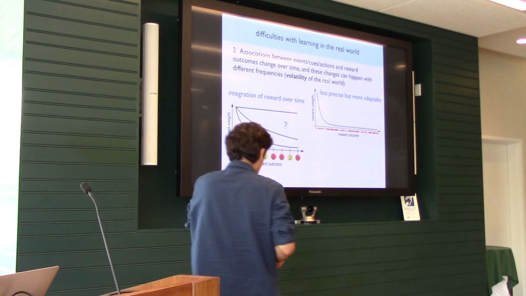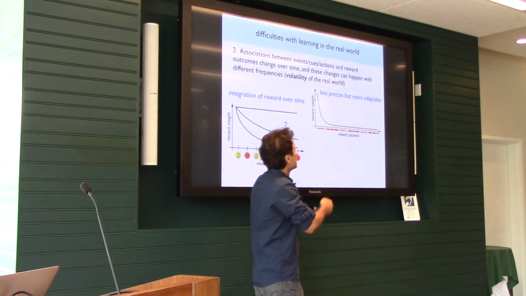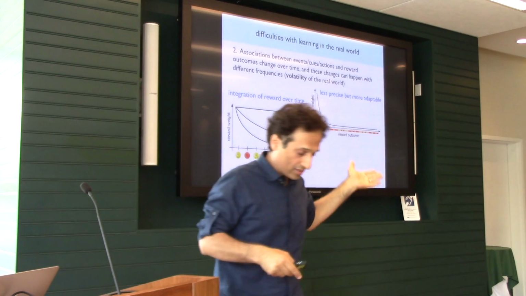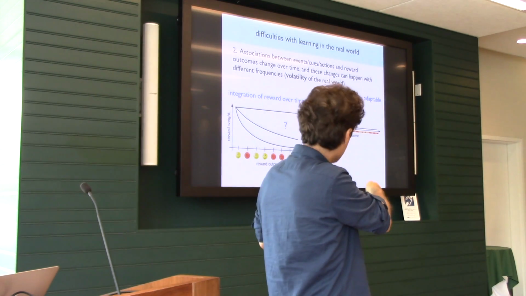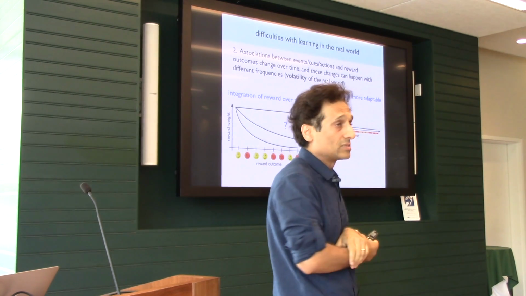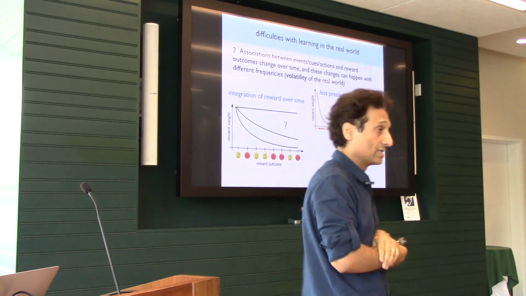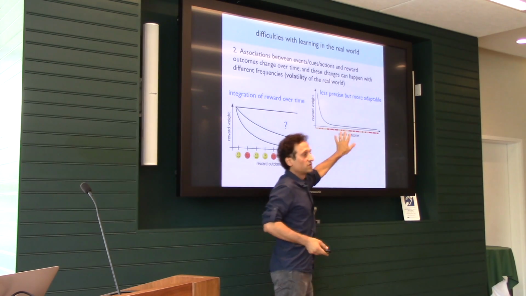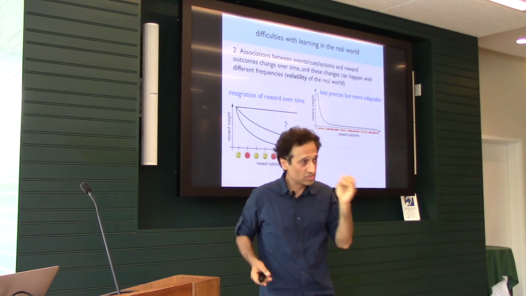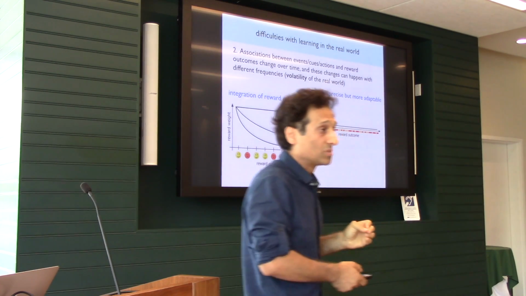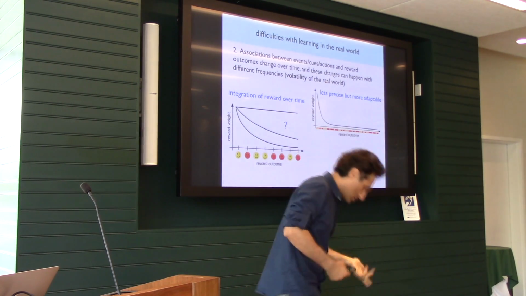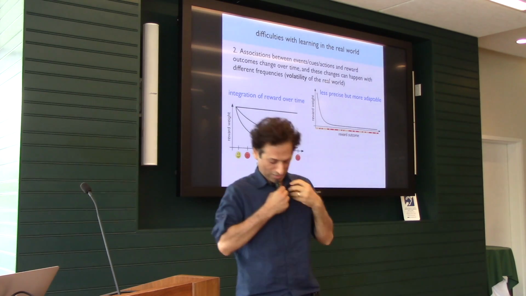But there is one problem with this integration, which is that what you get for your estimate of your reward by weighting the previous reward outcomes like this is that your estimate is less precise. Less precise, why? Because you're just looking at a few outcomes. You're integrating just a few outcomes. But it's more adaptable. Why? Because if the world changes, you're going to detect it and drop your estimate every single time.